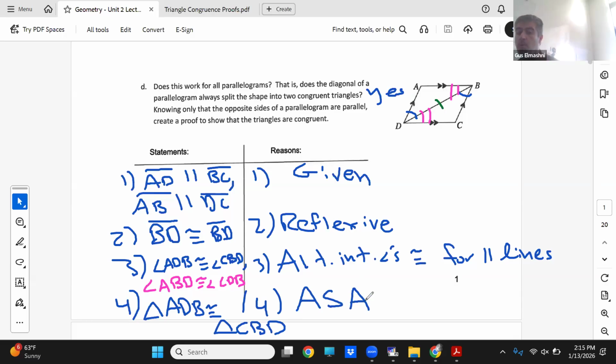Now, if you want to go further and say, is angle A the same as angle C? Yes, you can say that. That's CPCTC. Or AB is equal to CD, CPCTC. Or AD equals BC, CPCTC. Then you could say that's what makes them true. So,